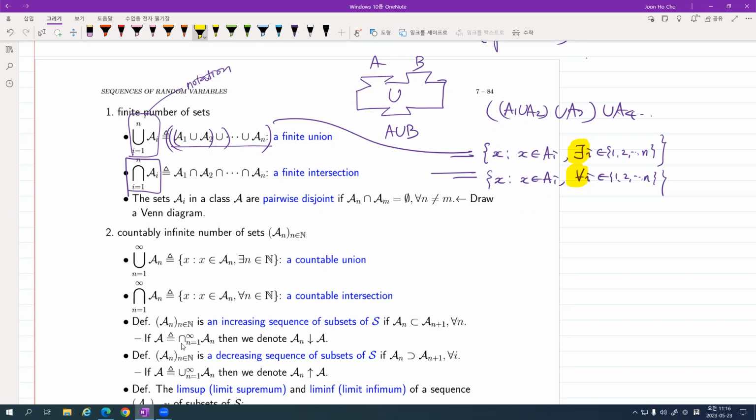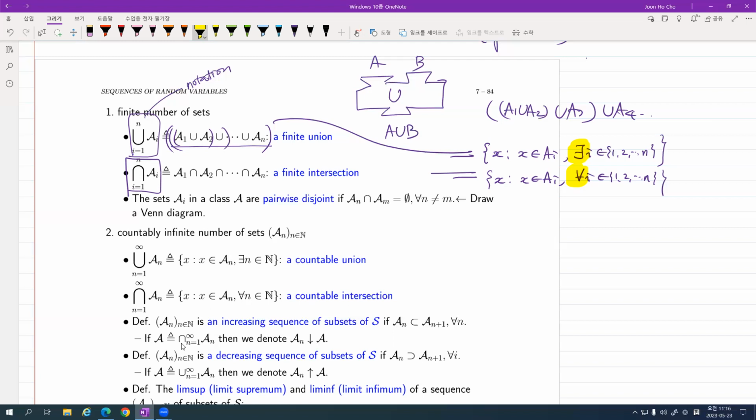Here you have countably infinite number of subsets. So you have a sequence of sets, or in probability theory, if we assume these are events, then you have a sequence of events, right? Now, this is a notation. This is another notation. What is the definition? You can no longer define this notation like this because you have infinite terms, right? You cannot just say dot, dot, dot.